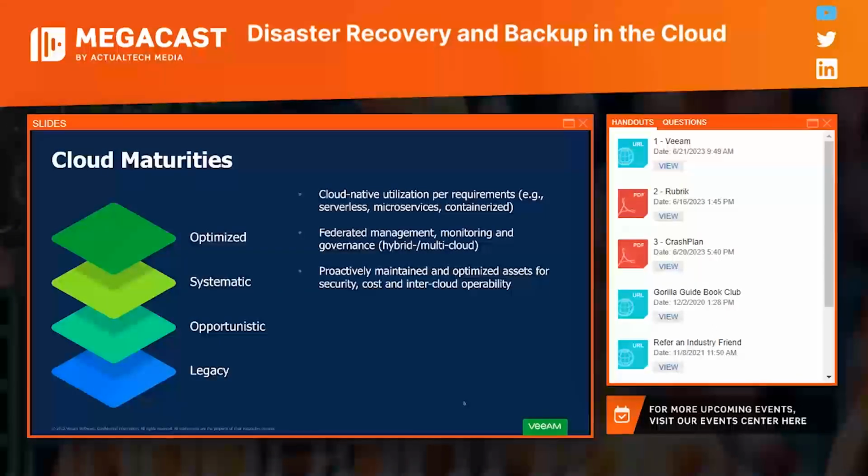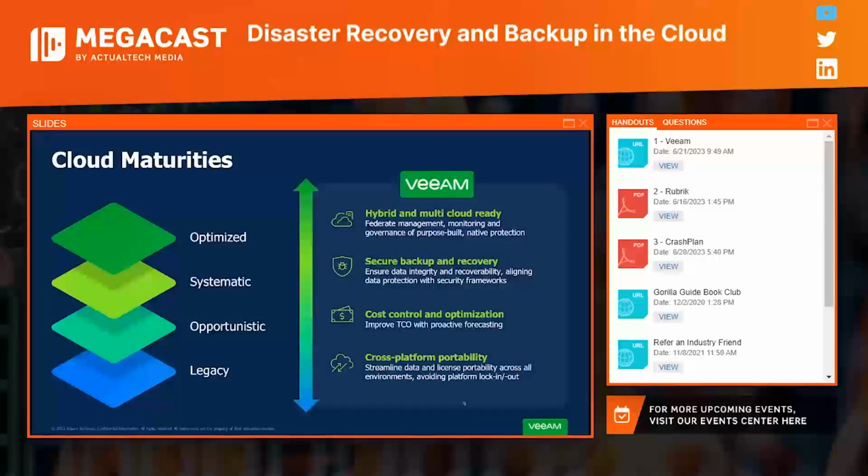And that's really where Veeam steps into play, right? Everyone knows us for pioneering that purpose-built VMware native backup and recovery solution. That's what's grown us to be the number one modern data protection and ransomware recovery platform over the last 16 years, with more than 400,000 customers. But it's not just virtualized workloads that we protect, right? So yes, we do vSphere, Hyper-V, AHV, RHV.